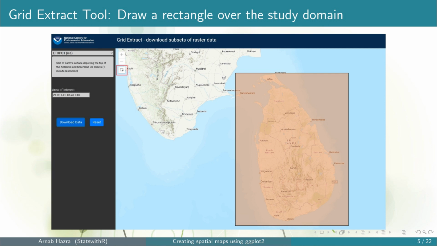Particularly for the non-island countries, it is not possible to select a country without allowing portions of some other country. So, for a generalized discussion, deliberately we select some portion of India as well. Now, once you click on download data, a TIFF image will be downloaded to your computer with the file name